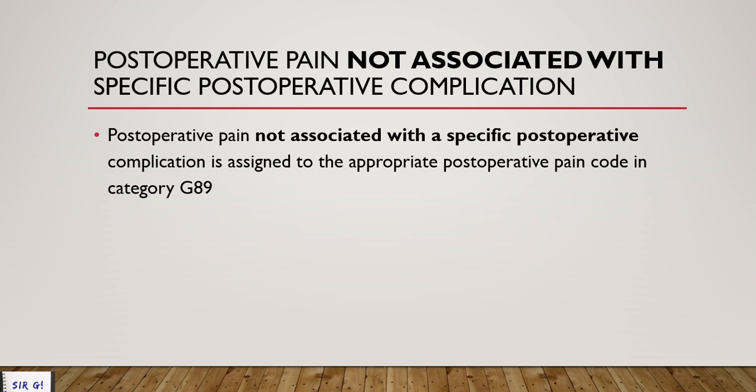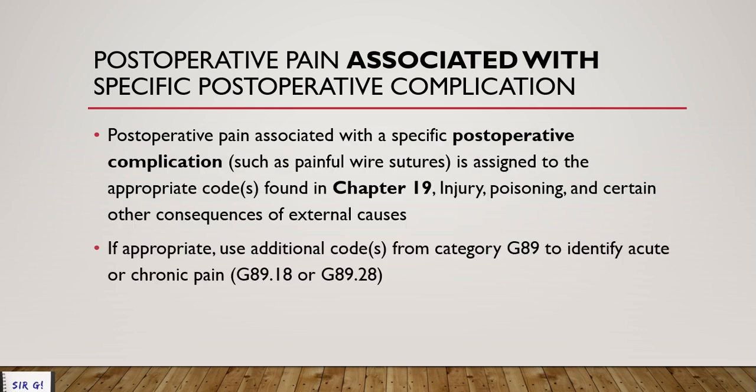But what if that pain is a complication of the surgery? Okay, so what should be our code? Remember, in the previous guideline, the post-op pain the patient is suffering is not related at all to the surgery, so you still code the normal G89. But if the post-op pain is associated with a specific post-op complication, meaning it's already a complication,